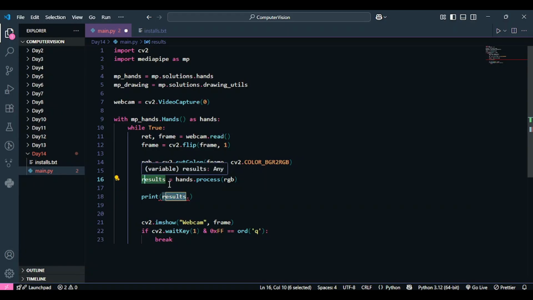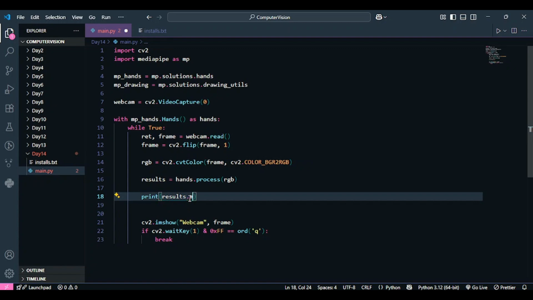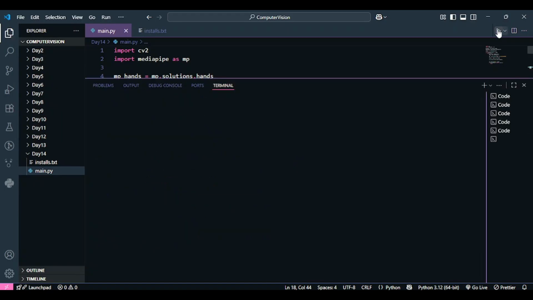It has information like whether the model has detected some hand or not, and if it has detected, how many hands it has detected. If it has detected the hands, what are the landmarks of the hand, what are the positions of those. So let's print the multi-hand landmarks over here. I'm going to say print results.multi_hand_landmarks. It's not hands, it's multi-hand landmarks. Let's print it and see what happens.